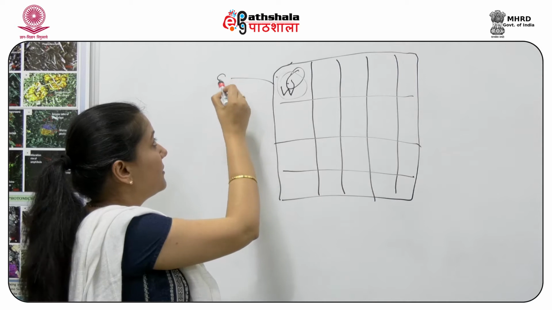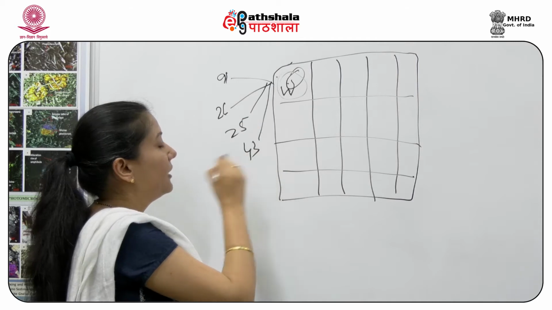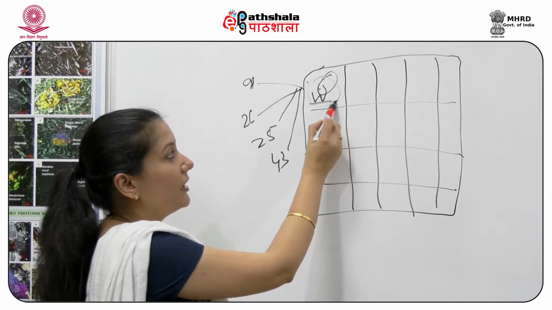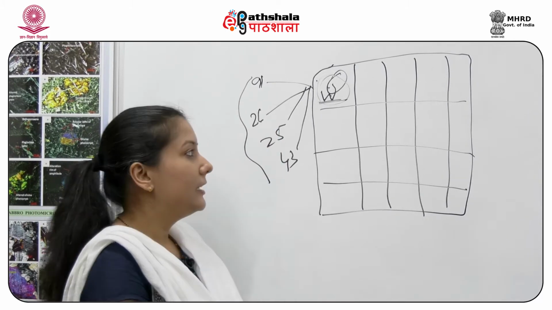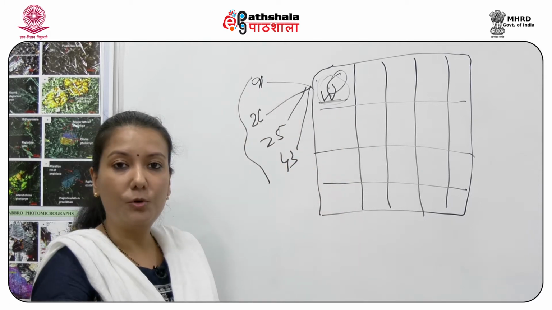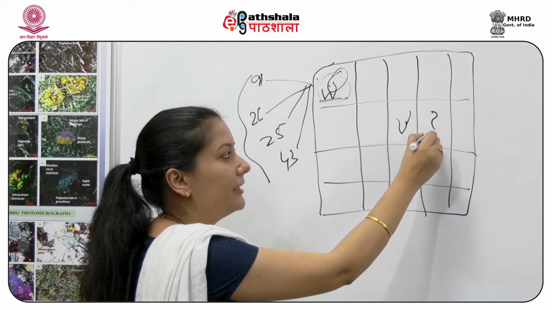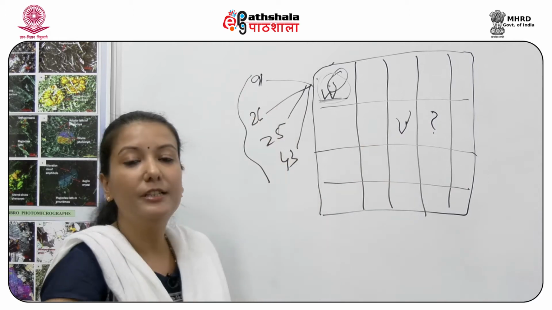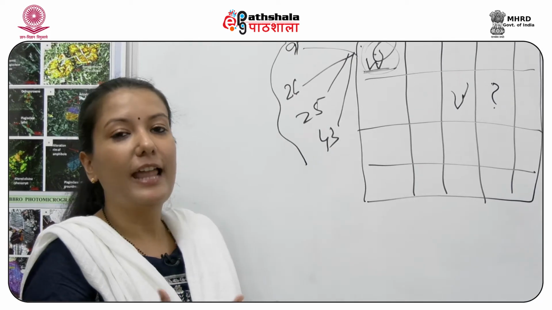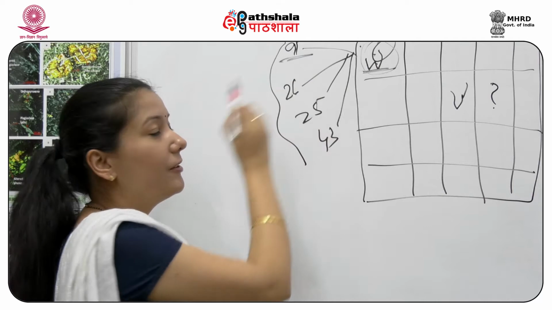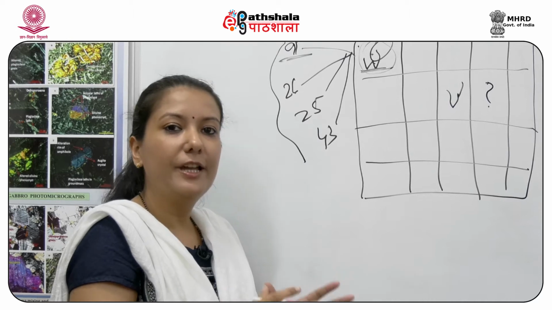So suppose this has values 91, 26, 25 and 43 in the 4 bands. As you notice, we already know this is a water class and we know the reflectances, or the digital numbers, in all the 4 bands. Now, wherever the computer finds these 4 digital numbers in the image, it will classify that as water. It won't classify others as water, but only the pixels which have these values. So this is the simplest manner in which we provide a training site. But in actuality, you don't have one particular value there. You will have a range of values in a particular band which will define a particular class.